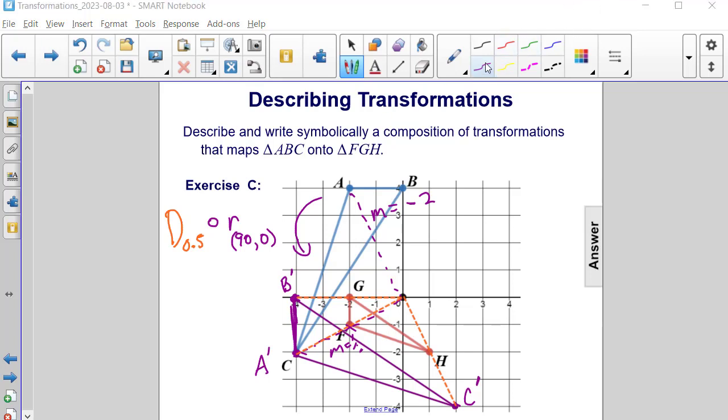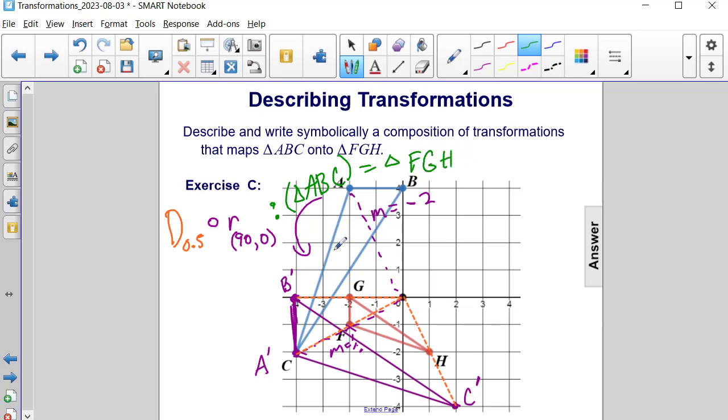And now to finish off the notation, we're going to write down our colon and write in our pre-image triangle, triangle ABC, and the dilation with a scale factor of 1/2 after a rotation of 90 degrees about the origin of triangle ABC equals triangle